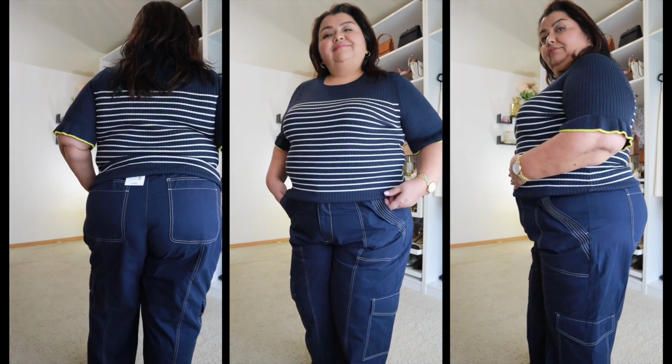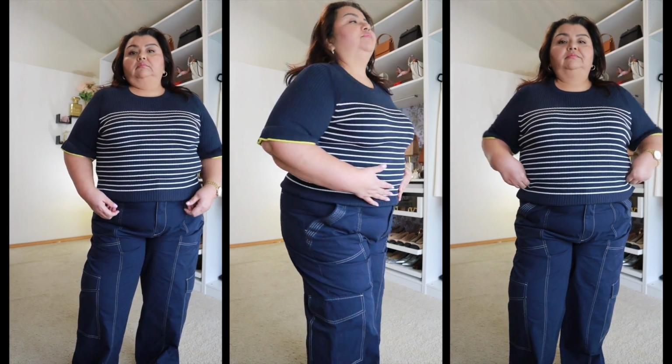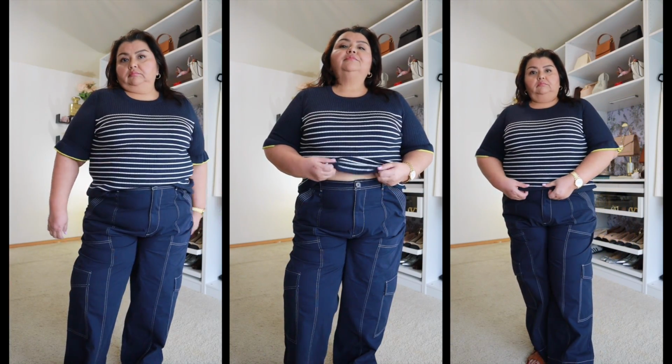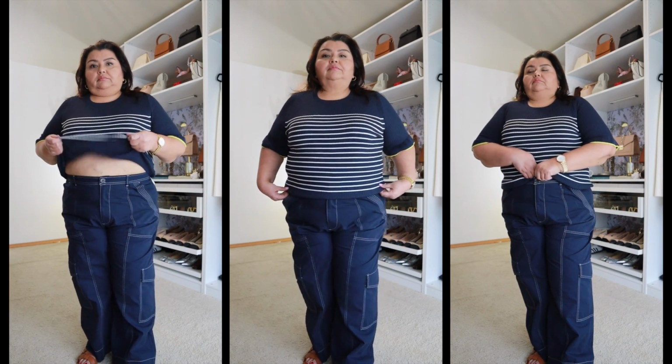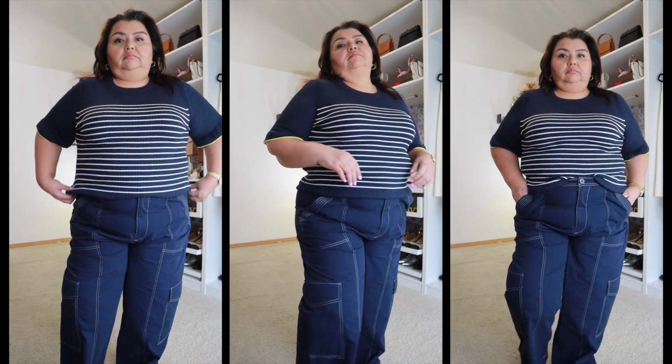It's a very lovely basic that's a little bit elevated because you've got that little bit of color in the trim. It does have a nautical vibe with a little bit of a feminine twist because you've got the little bit of ruffle on the sleeve. Fits comfortably. It's just a really nice sweater. So if you are looking for something really pretty, something that could be a wardrobe staple that's got a little bit of extra to it, then this particular sweater is a good one to add to your wardrobe,